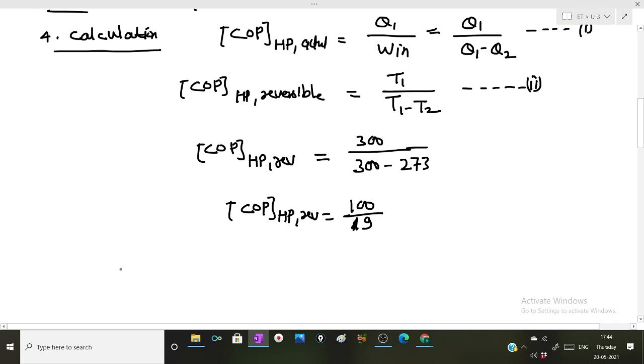This is 9. Now for a reversible heat pump,